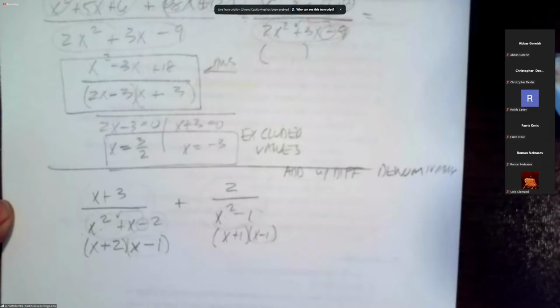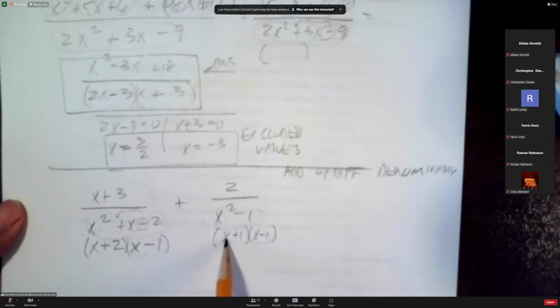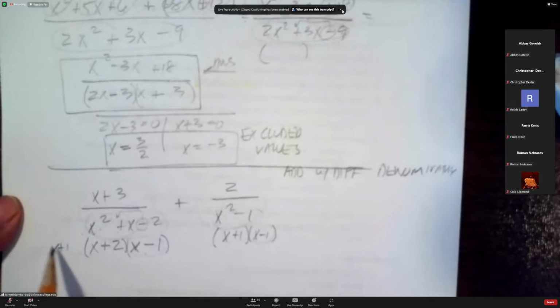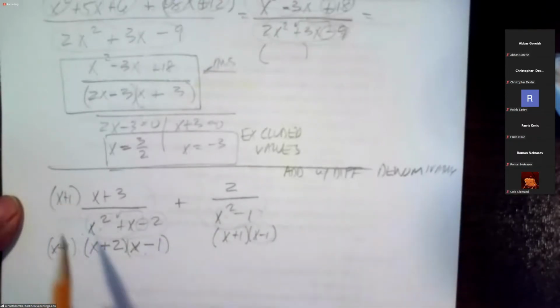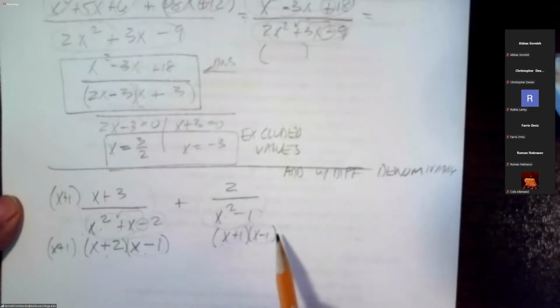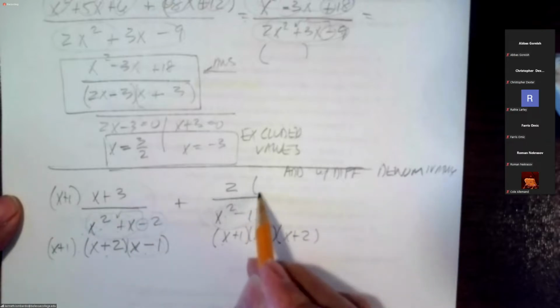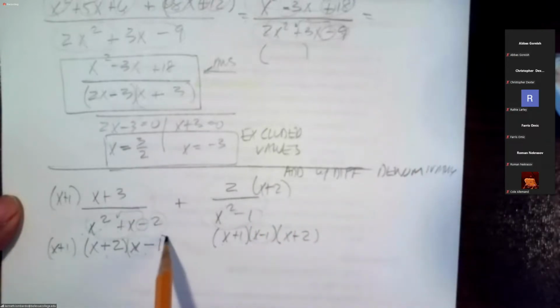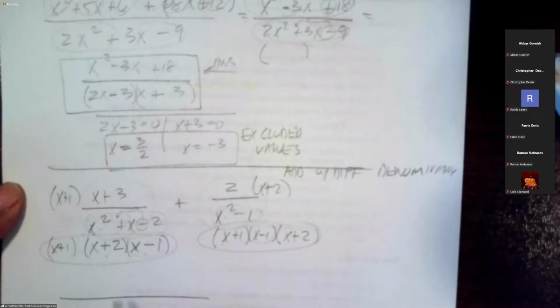Let's see. So if I have x plus 1, x minus 1, x minus 1, I need an x plus 1 here to match this. Also x plus 1, and I'll need to put that in the numerator as well. And then I have an x plus 2 here, so I'll need an x plus 2 here, an x plus 2 in the numerator. So here's my common denominator, and here's my numerator. So if I rewrite that with a common denominator, x plus 1, x minus 1, x plus 2, and now